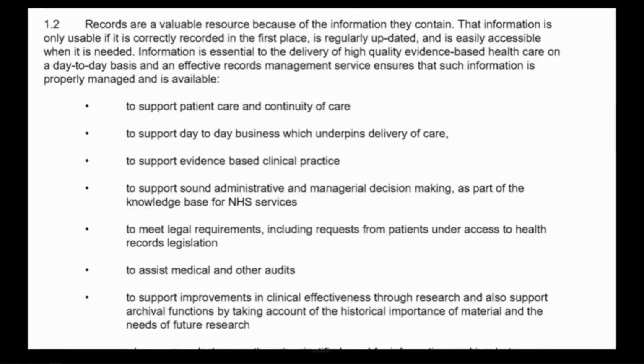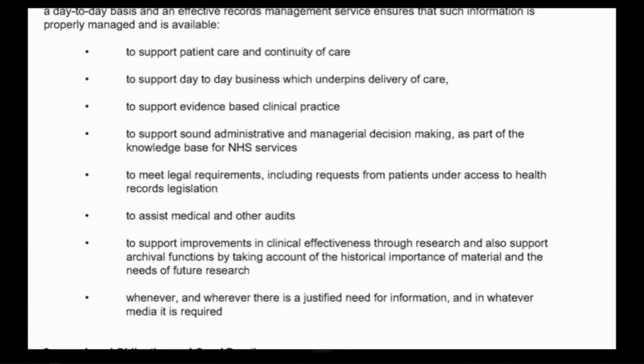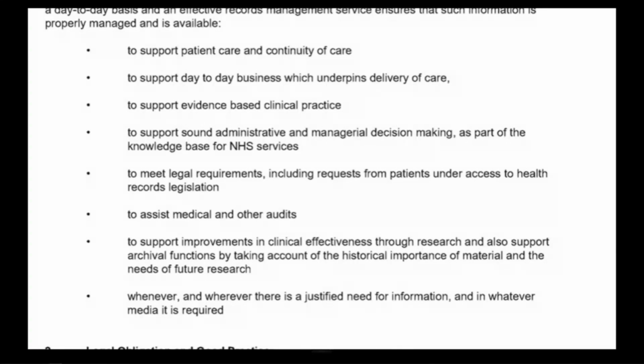of care, to support day-to-day business which underpins delivery of care, to support evidence-based clinical practice, to support sound administrative and managerial decision-making as part of the knowledge base for NHS services, to meet legal requirements, including requests from patients under access to health records legislation, to assist medical and other audits, to support improvements in clinical effectiveness through research, and whenever and wherever there's a justified need for information and in whatever media it is required. If we turn then on to page 39, we pick up the retention and disposal schedule,